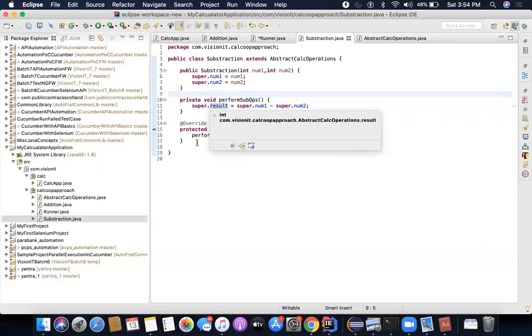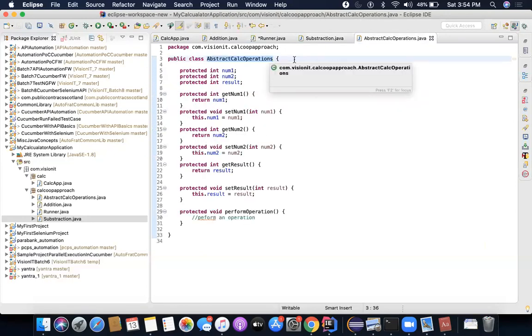Okay, sir. One more question: is it mandatory to use protected if you are using the extend keyword? The method should be protected? Yes, it should be. As I said, there are two ways to do it. Either you mark it as private, and then no one can use it. If you mark it as public, then everyone can use it, which we also don't want. So we will mark it as protected. That means only the subclasses can access it. So if this is a parent class, it's again a good practice that it always has to be protected variables and methods. Okay, sir, got it.